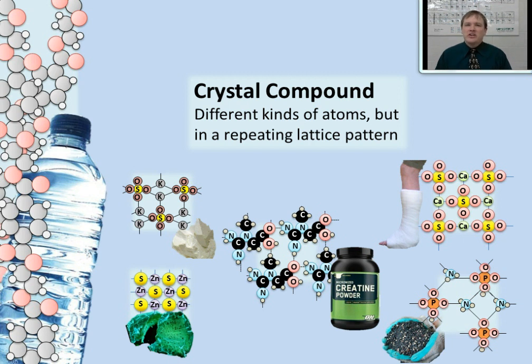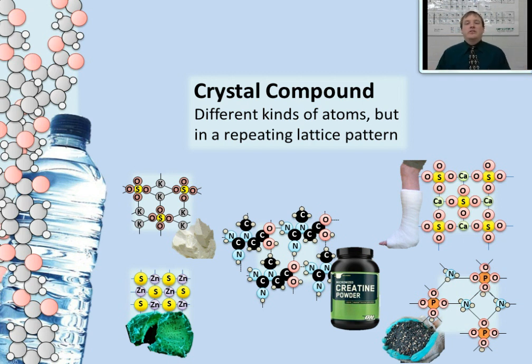Now, there's something I want you to notice about all of these different substances. Are there any liquids or gases in this mix? There are not, because crystal substances can only form solids. That crystal lattice is holding the atoms and molecules together in a tight way, so all the atoms and molecules can do is vibrate in a fixed place. And if you were to heat any of these up to the point that they melted and turned into a liquid, they would no longer be a crystal compound because the crystal lattice would be broken.